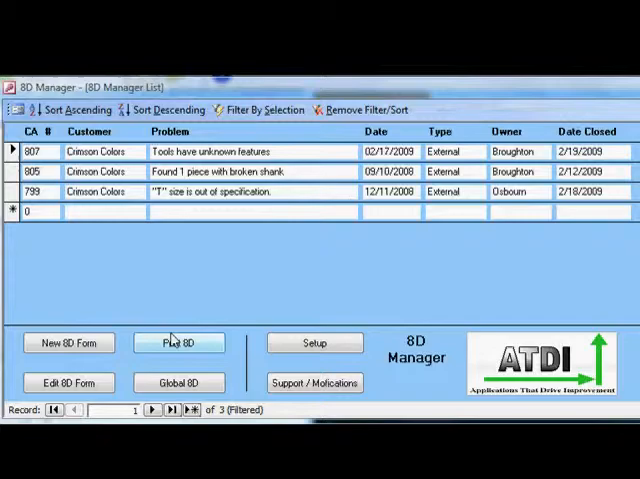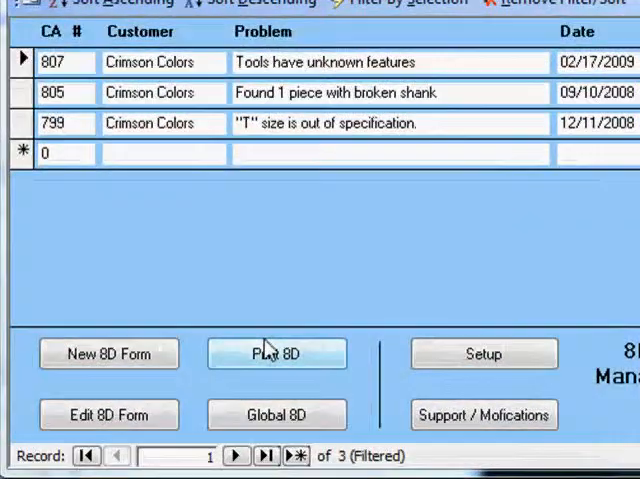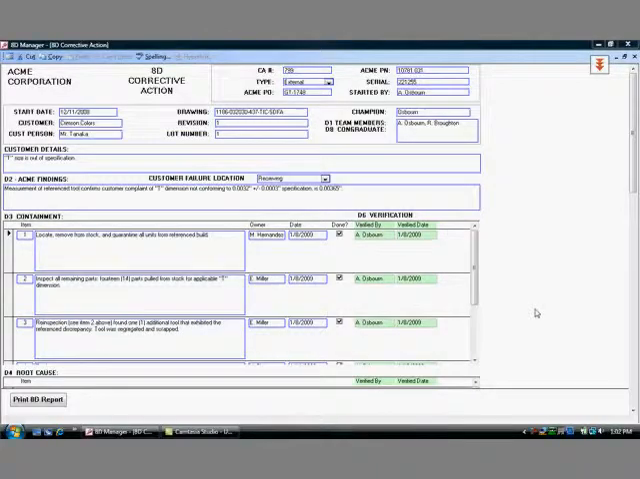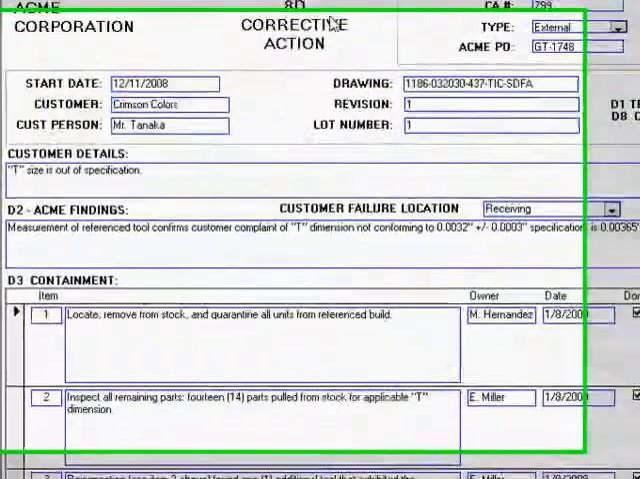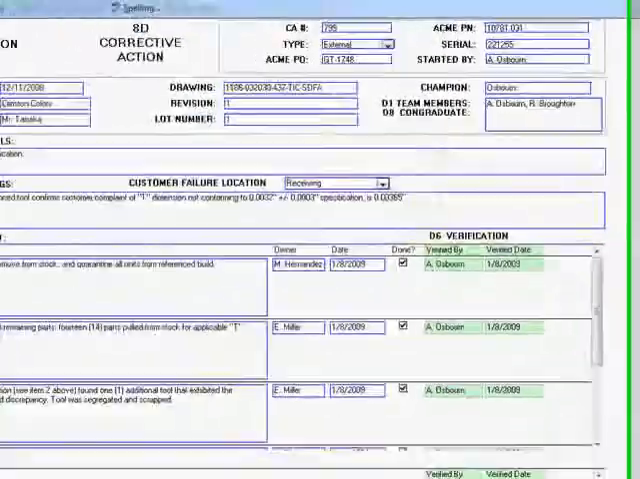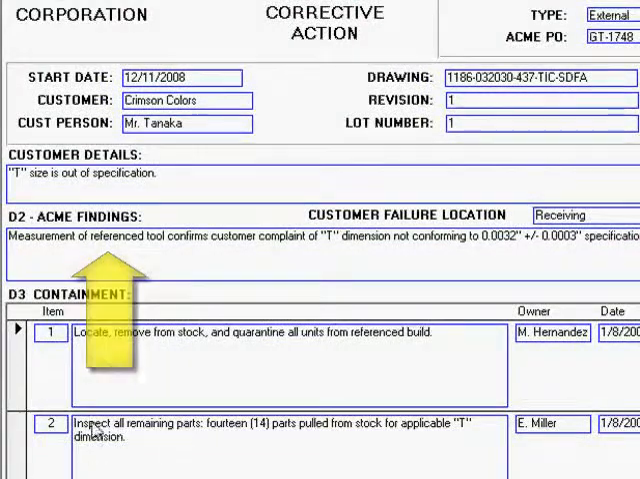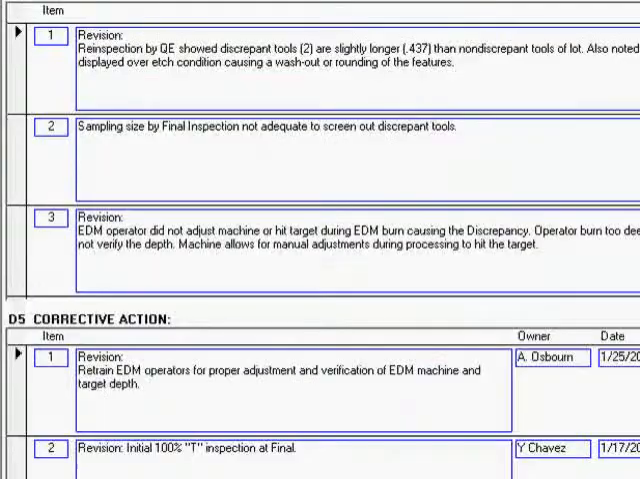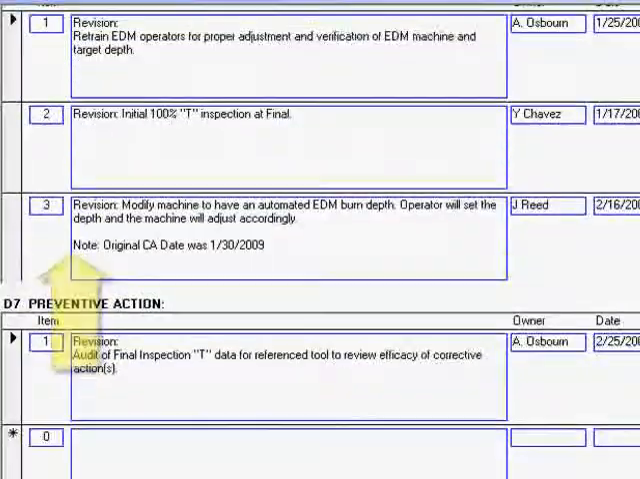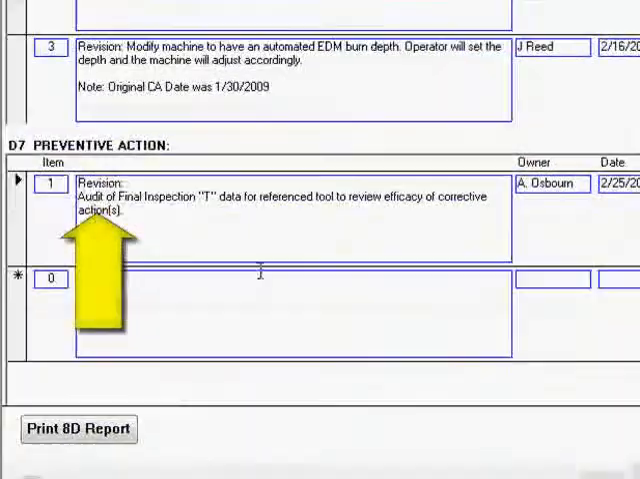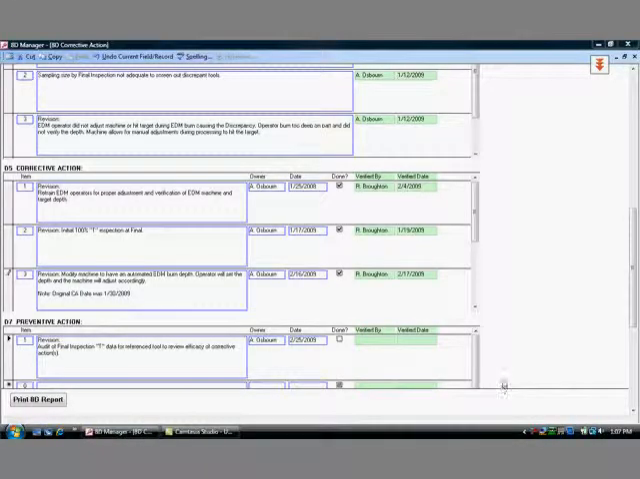Now I'm interested in one particular corrective action from Crimson Colors. And this was number 805. So I can quickly click Edit 8D Form. With the form open, we can see our traceabilities and the 8D actions. Here we have our team. Here we have our findings. Then we have containment, the root cause, the corrective action, the verification to all the actions,